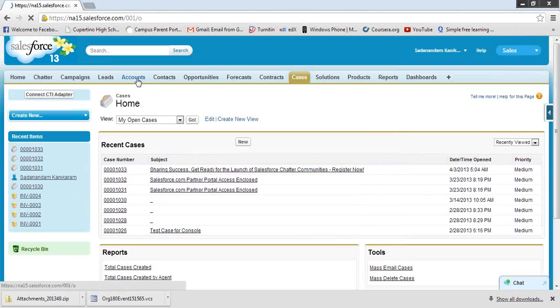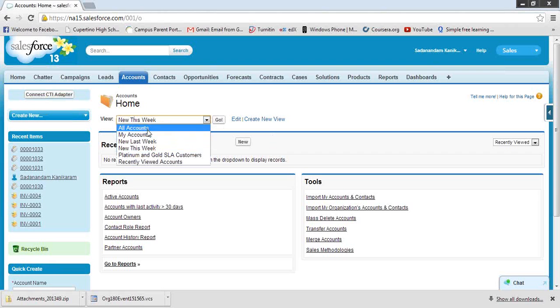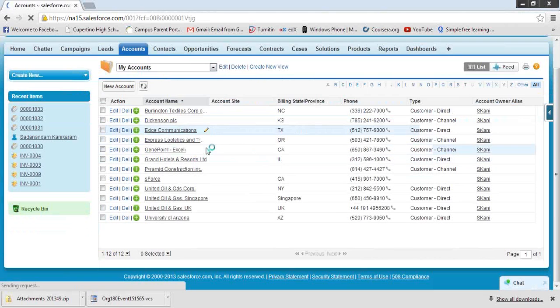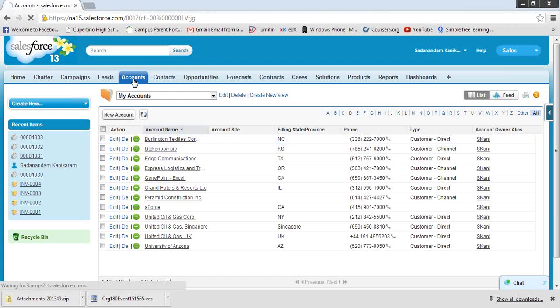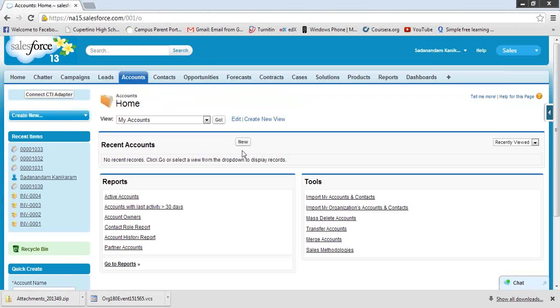Similarly, if you click on the accounts tab, accounts also has this view. It's a kind of filter, like all accounts or my accounts. So it will show my accounts. Then I can click on this again, and it will show recent accounts. If I create a new account, it will show under recent accounts.